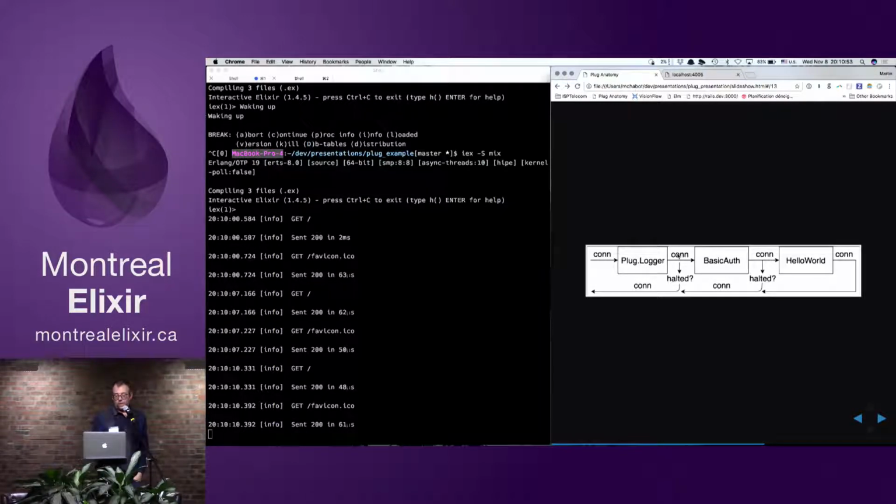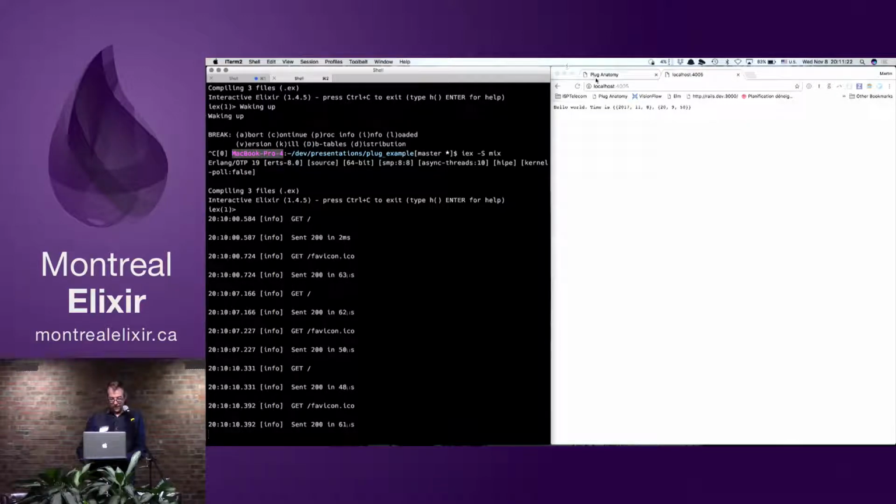So the only thing that we can measure with the logger would be the time spent inside the call function of the logger. So how can we calculate the time that it takes to execute a request? The way that they approach that with the plug is